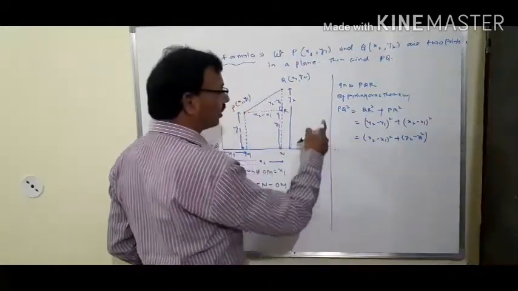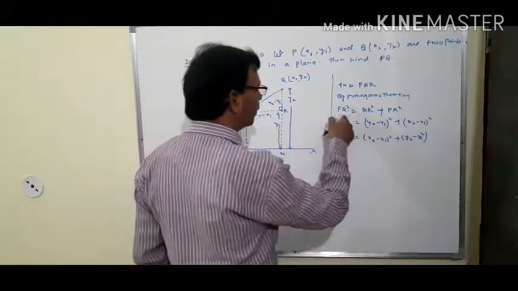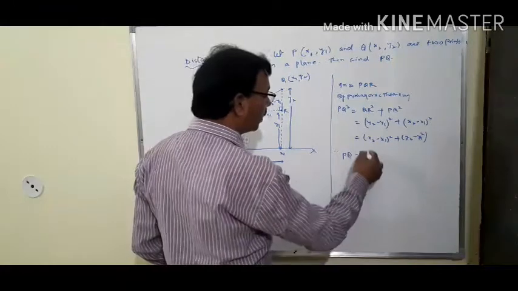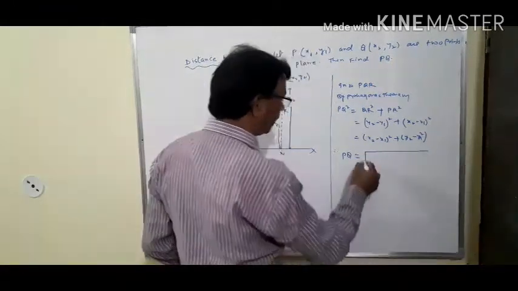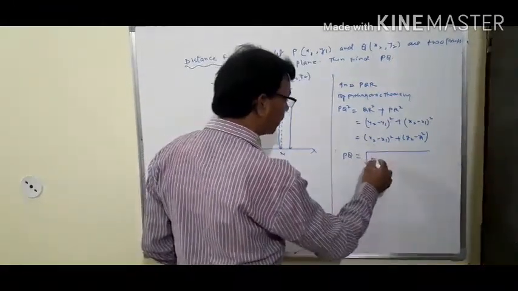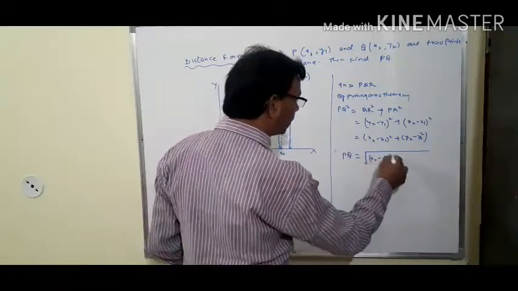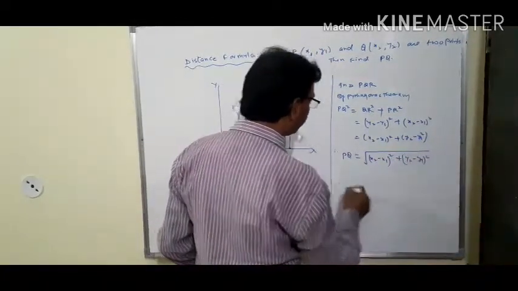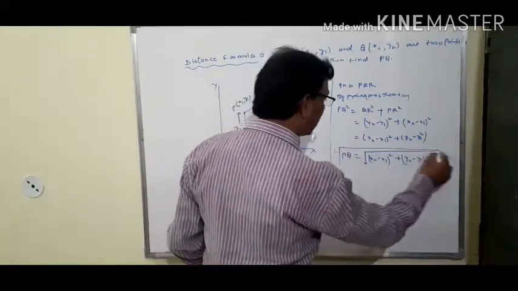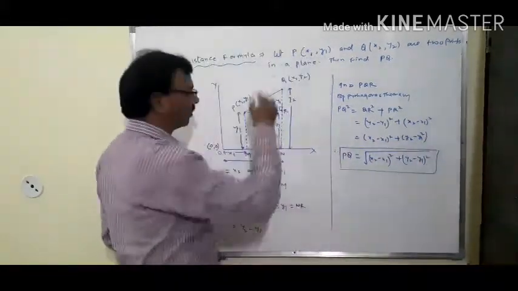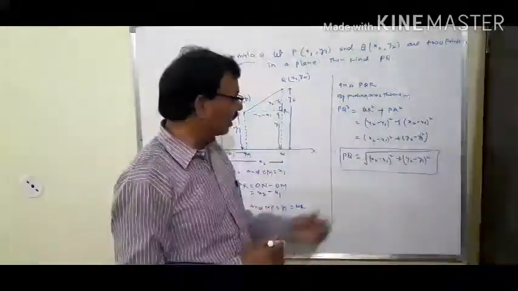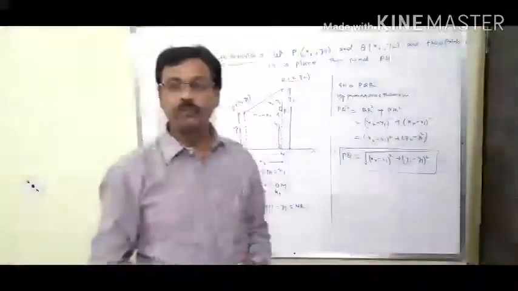If we take the square root on both sides, then PQ squared converts into PQ equals the square root of (x2 minus x1) whole square plus (y2 minus y1) whole square. This formula is known as the distance formula, and with the help of this formula we can find the distance between